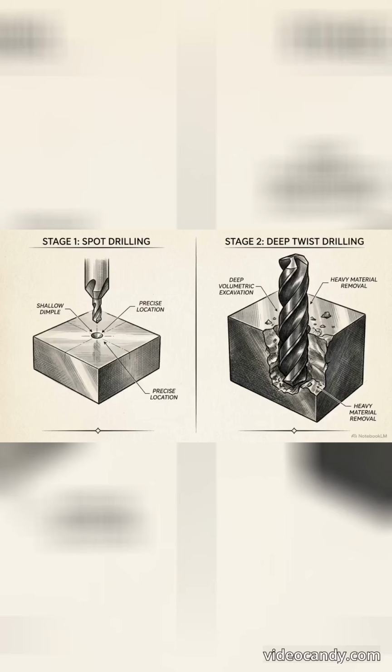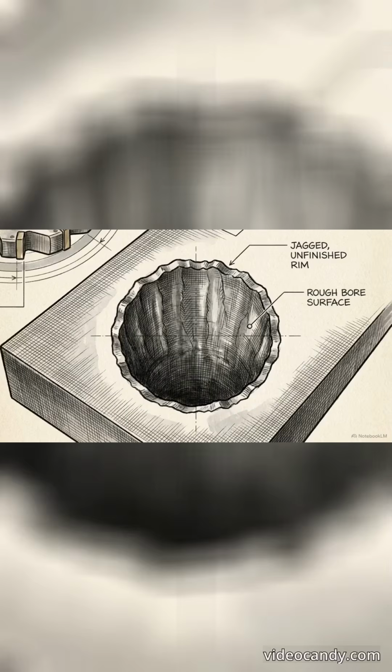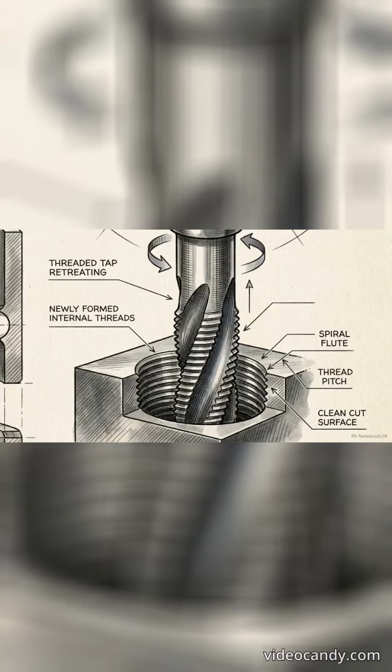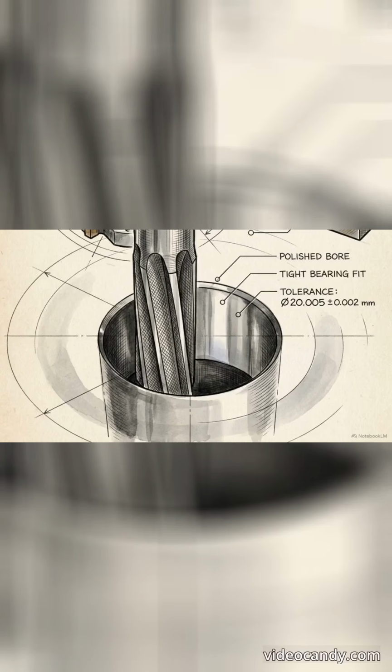Because of this specialized cutting tip and efficient chip clearance, twist drills offer an outstanding material removal rate, plunging into the workpiece much faster than an equivalent-sized end mill. Precision hole making is sequential. Absolute locational accuracy requires a rigid, shallow spot before deep volumetric excavation can occur. Drilling removes the bulk of the material, but finishing the hole requires